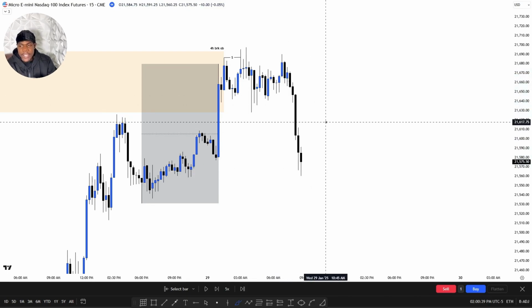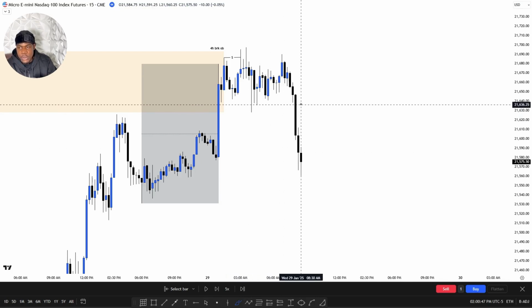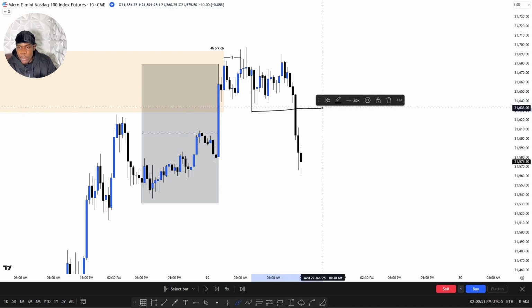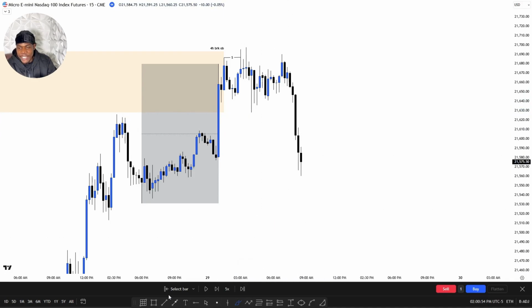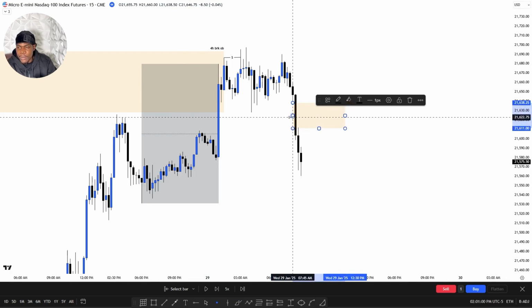On the pullbacks, we'll either use a fair value gap, order blocks, or breaker blocks to then extend lower to the opposing side of liquidity. As you guys can see right here, what did price leave us, right? We see price leaves us this fair value gap right here, and we have this broken old low all aligned inside of this fair value gap. So we can use this whole range right here, this whole fair value gap range, and align with this broken old low